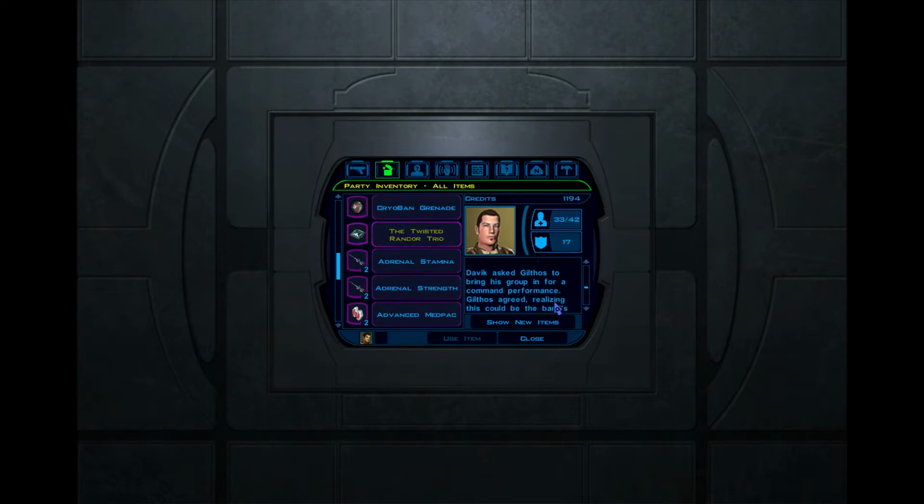Davik asked Gilthos to bring his group in for a command performance. Gilthos agreed, realizing this could be the band's big break. Unfortunately, Alinda had heard certain unsubstantiated rumors about Davik Kang and his connections to the exchange. Fearing for her life, she refused to go to his estate to perform. Many felt that without Alinda's singing, the band would crumble, but Gilthos came up with a brilliant plan to save